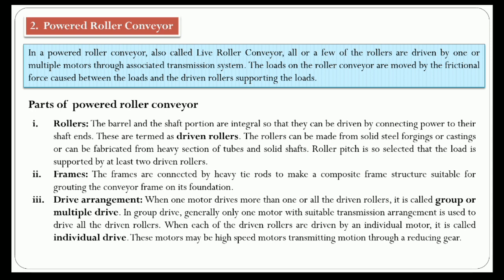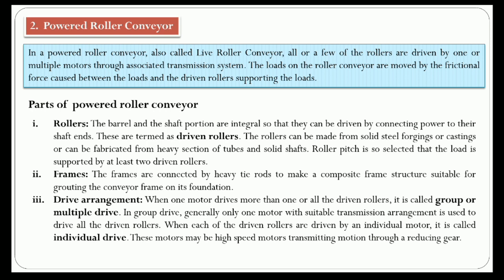So there are two types of powered roller conveyor. In one, all the rollers are moving, all of the rollers are associated with some kind of drive transmission system. In other cases, some of the rollers are not moving, where some of the rollers are associated with a drive, and some have no drives associated with that powered roller conveyor. Powered roller conveyors are intensively used in heavy process plants like rolling mills to feed heavy and, at a time, hot metal.